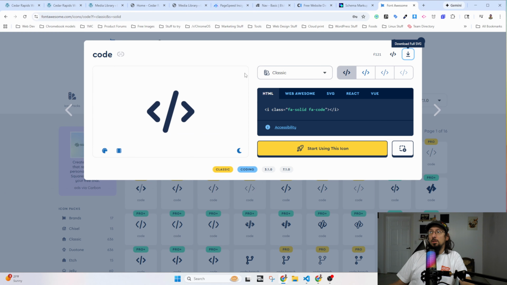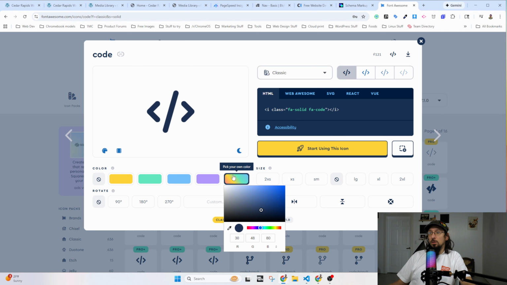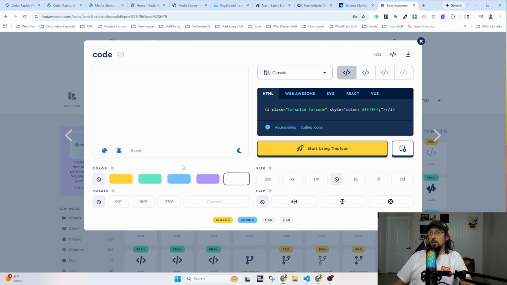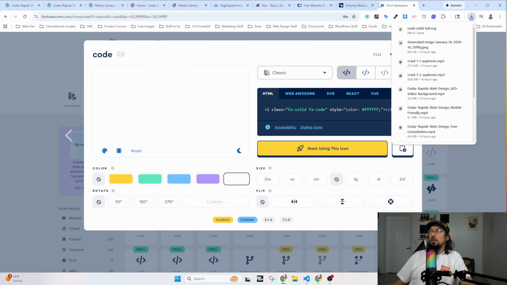But we want, should I change the color here? Color custom. Oh, pick your own color. There we go. White. Okay. So we download this bad boy. And then